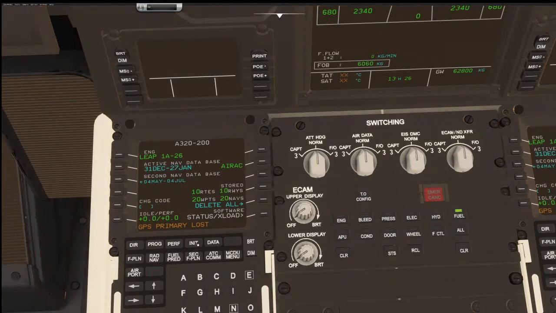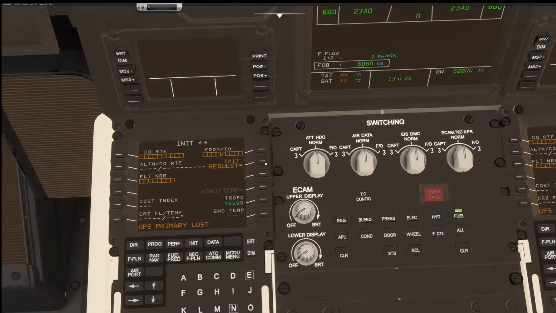Let's go to our initialization page. We're going to request our information from SimBrief. KGRR, Grand Rapids Airport, to Chicago O'Hare. The reason